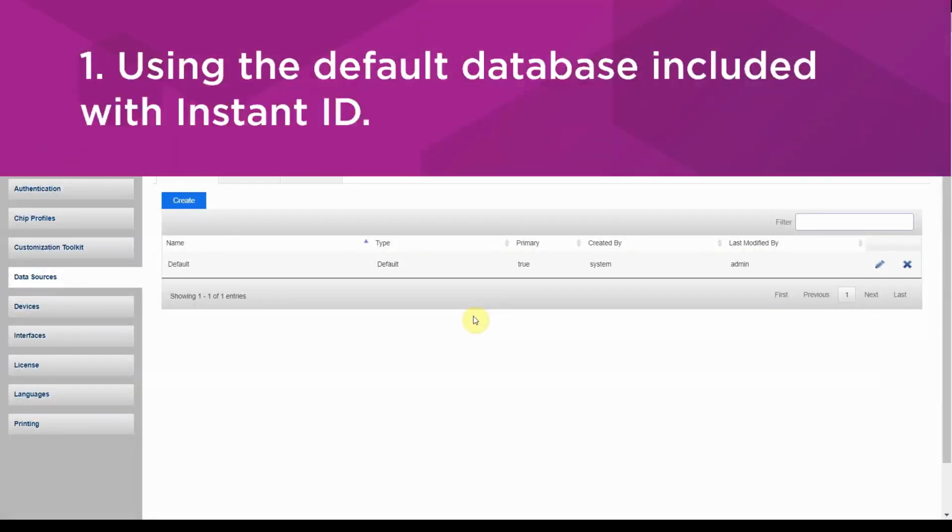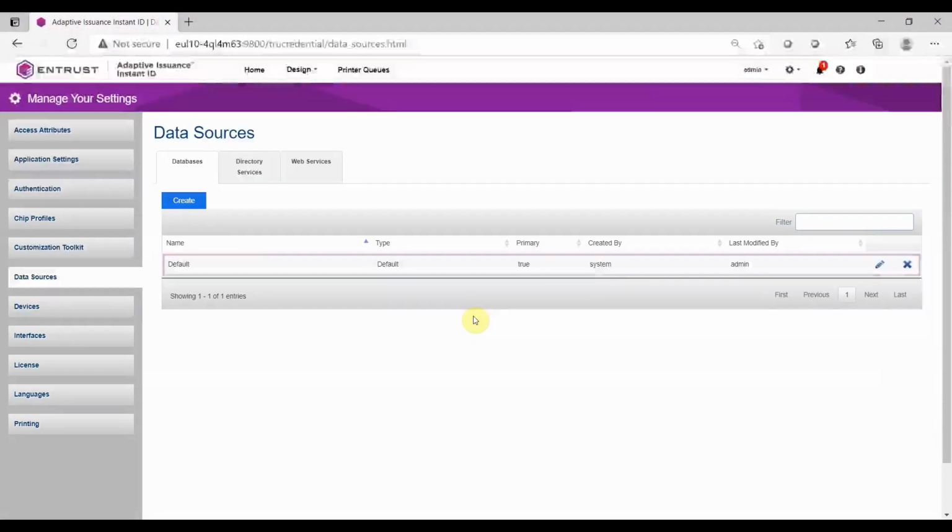Included in all editions of Instant ID is a default database, which you can use if you do not have your own database. By default, all new Quick Start Wizard sessions and new workflows that you design will use the default database. I will show you how to configure your workflow to use a different database later on in the video. If you have designed a workflow and you wish to use a table within the default database with that